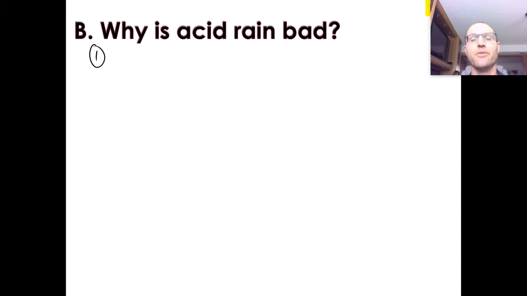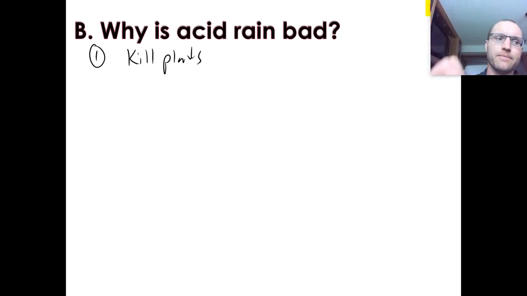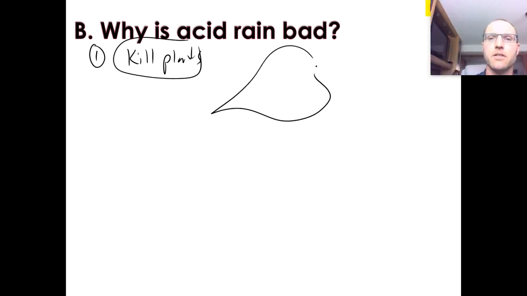Well, you would get out of the rain if it did that, but there are lots of things that are stuck out there and can't do it in our evergreen state, and they're called plants. So one of the reasons why acid rain is so bad is it kills plants, right? This is because, of course, plants are standing out all day looking for this thing we mysteriously never see around here called the sun. And if we look at these plants, they have these leaves, and it's going to damage those leaves because you're spraying acid on all, of course, the proteins that make up their membranes, as well